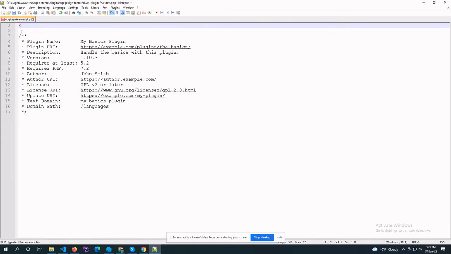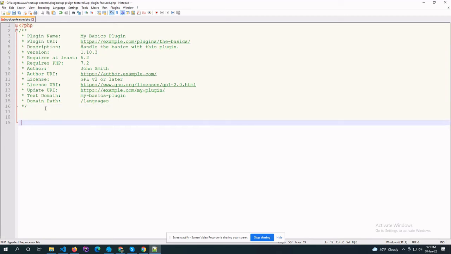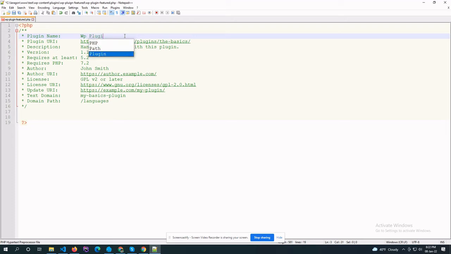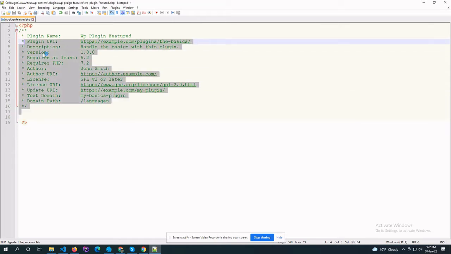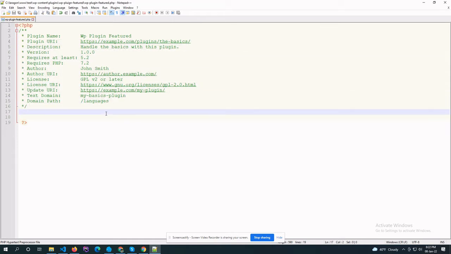Start with PHP, and change the plugin name. I am not changing anything else, so that my main focus is to show you how we can make the featured plugin according to our need.